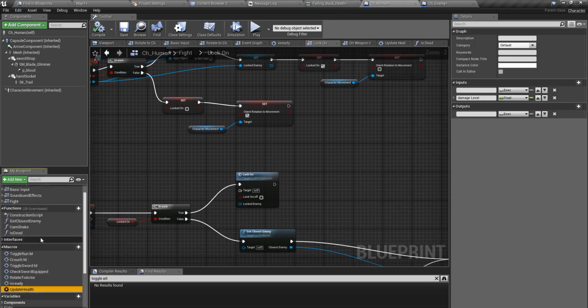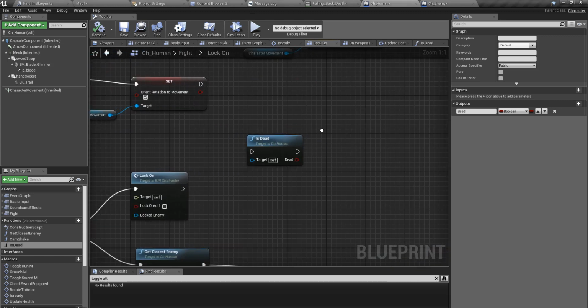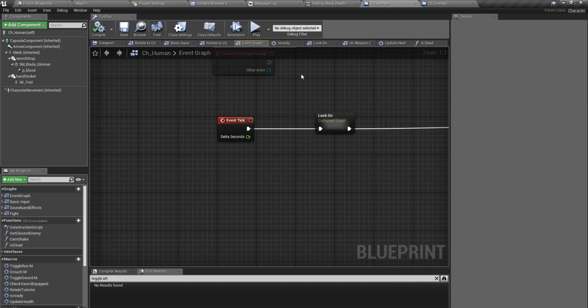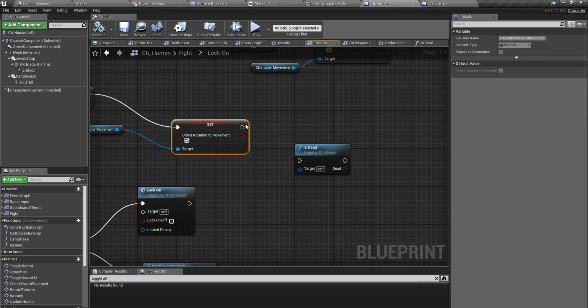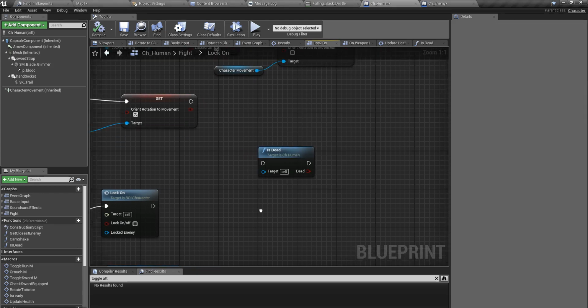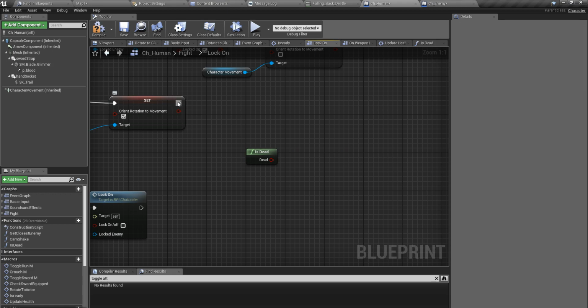In order to call this isDead function, I have to connect 2 lines here. Where? Right, so I have to connect this execution line like this, but I can get rid of that if I make this function a pure function like this. So then I can use it like this. I don't need an execution path to call that. Okay, and now